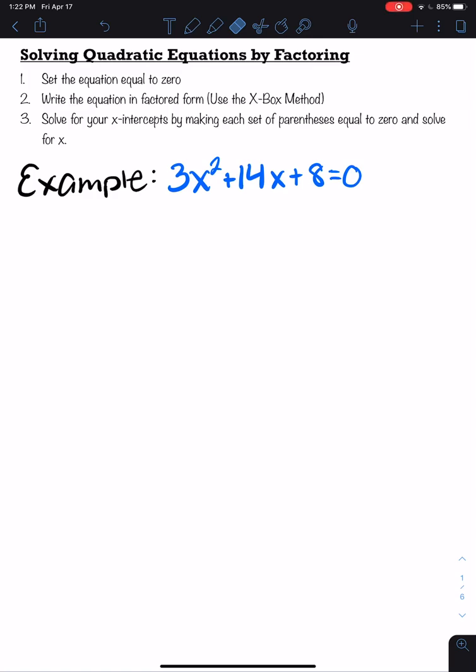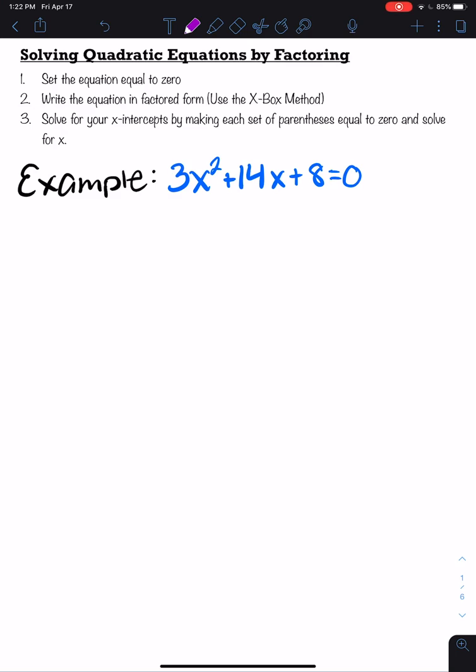In this video, I'm going to show you how to solve quadratic equations by factoring. So the steps are always the same. You always want to make sure that your equation is set equal to 0. From there, you want to write your equation in factored form. And then to solve for the solutions, also known as your x-intercepts, set each parentheses equal to 0 and solve for x. So if we look at this first example, my equation is already set to equal 0, so I